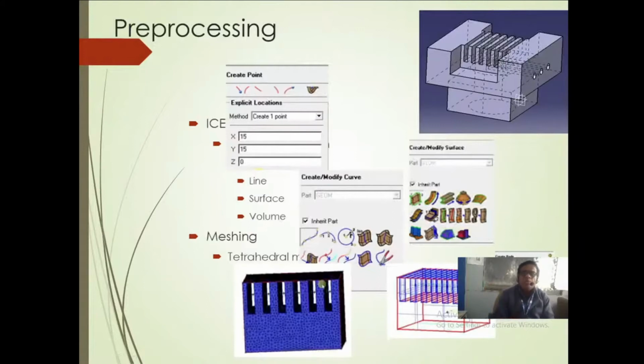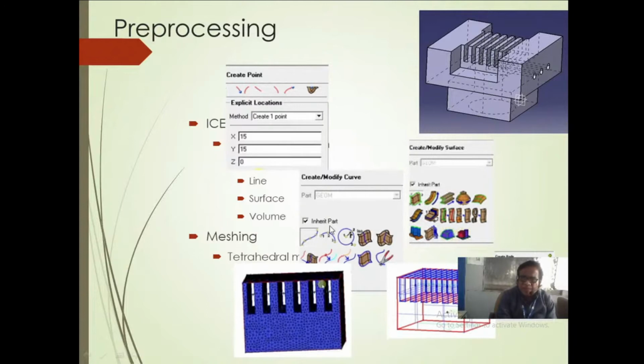So what do we do in pre-processing? Now you can see it is my actual diagram, and in the simulation I have created only the channels and the height of the heat sink, that is 11 mm, 15 mm and 15 mm. I created this drawing by creating points.